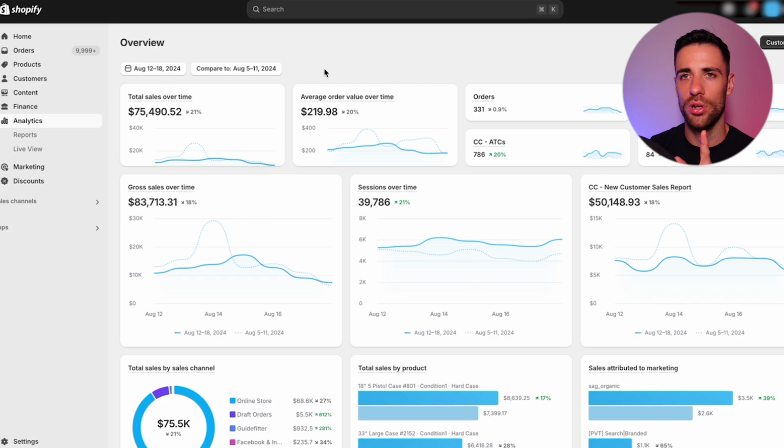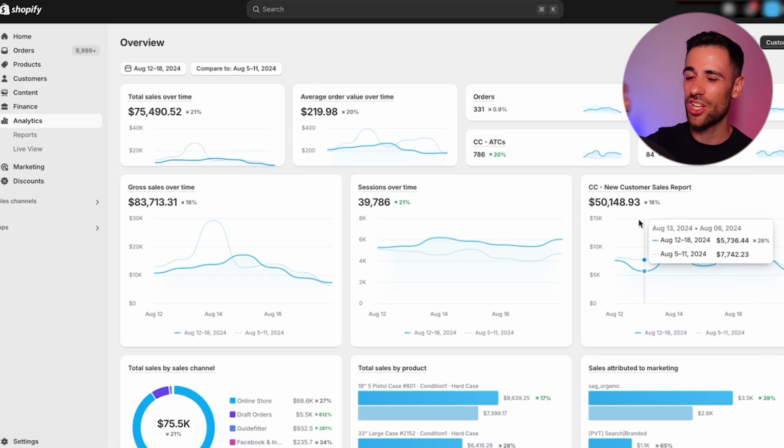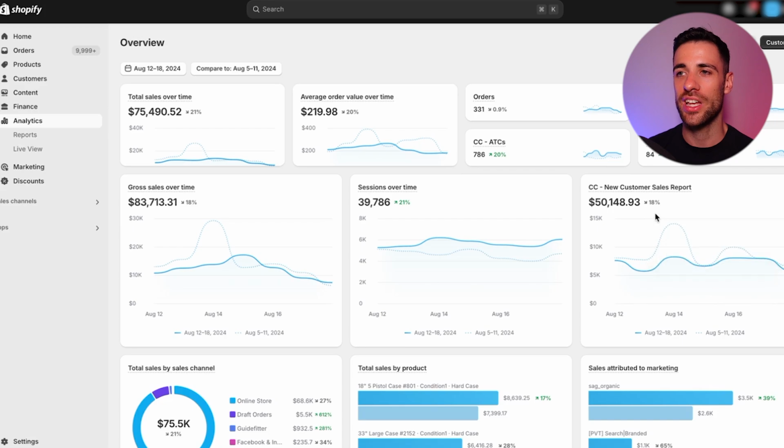We'll look here. So in Shopify, you can see the total sales are down, the new customer sales down 20%. So imagine you scaled up 20% in Meta, and that week your client got 20% less sales and 20% less new customer revenue. If you didn't know about time lag, they're going to be like, yeah, well, you spent more and we made less, pull back the spend. But now that you know time lag, you're going to go, well, hang on,